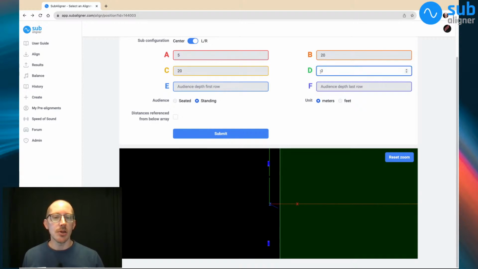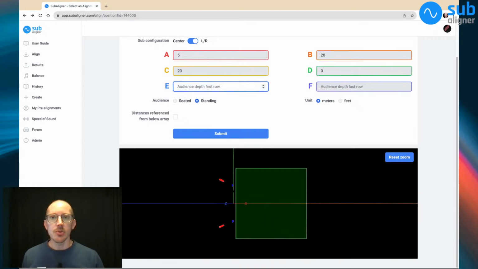We played with this one earlier. That's sub depth relative to mains. Audience depth, first row. This should be pretty clear, but again, hopefully without me needing to explain anything, because there's nothing else here on the page, but let me know if anything else needs to happen here on the page. With nothing else here on the page, I can still click into audience depth first row and start playing around with this and seeing, hopefully,